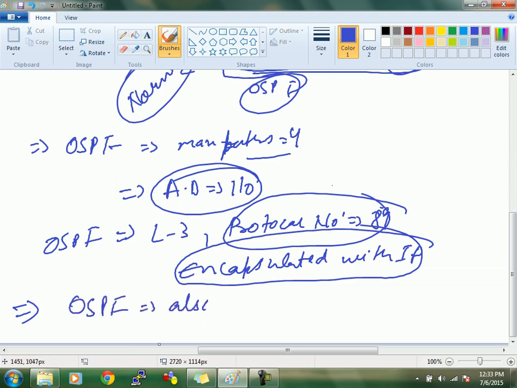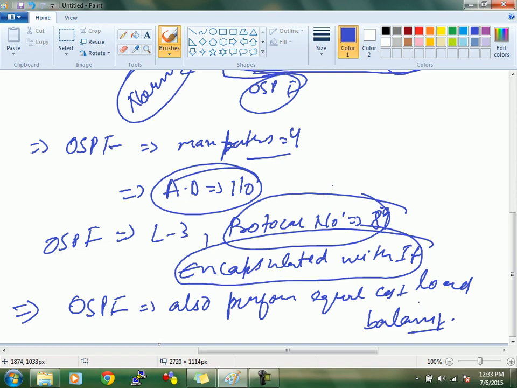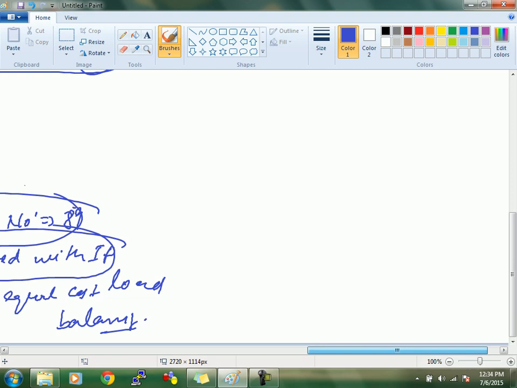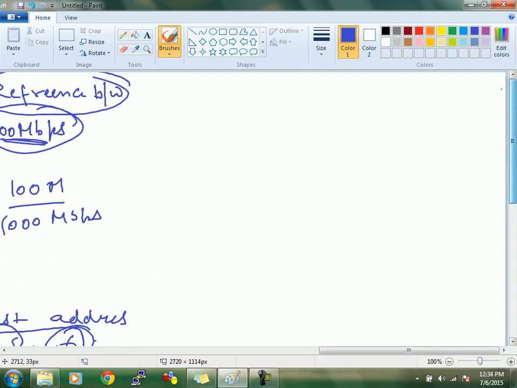OSPF also performs equal cost load balancing. What do you mean by equal cost load balancing? If I have two paths for a single destination and cost is same, router will install two paths in the routing table. But if two paths' cost is not same, the path with the lowest cost is installed in the routing table. These things are fine. Any problem with these things? Now,